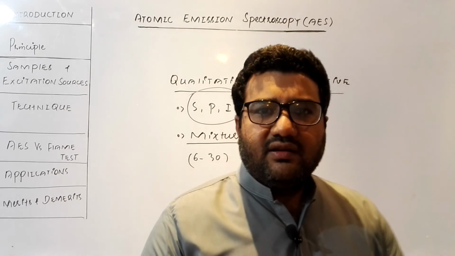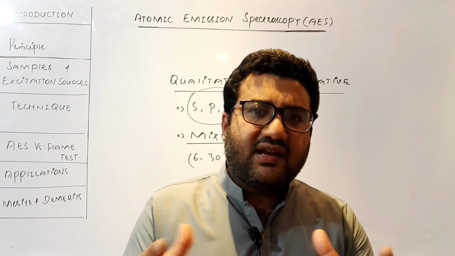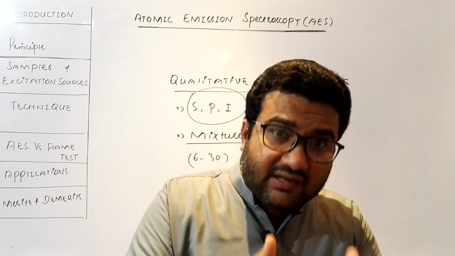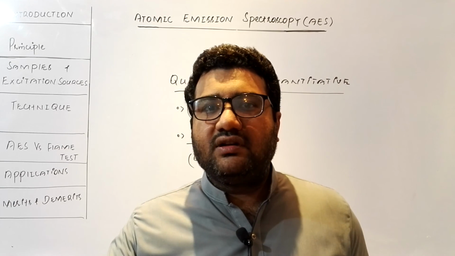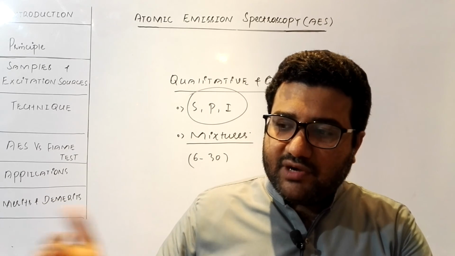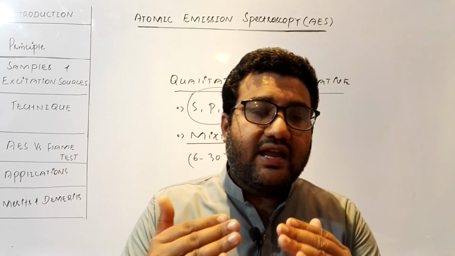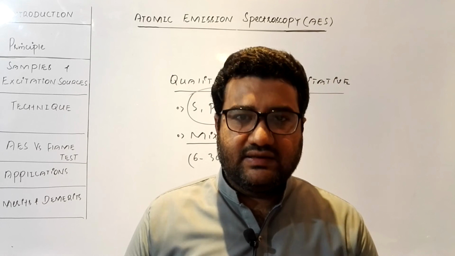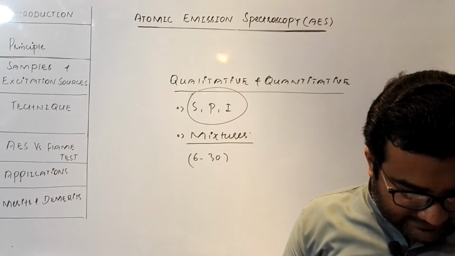Let me tell you how the atomic emission spectrum of mixtures will be studied. When there is a mixture, the atomic emission spectrum will be very complex. But we will compare the atomic emission spectrum of the mixture with the individual atomic emission spectrums of the different elements. Then by looking at the arrangement of the spectral lines, we can easily identify what different types of elements are present in a mixture. So we can also judge the 6 to 30 elements.